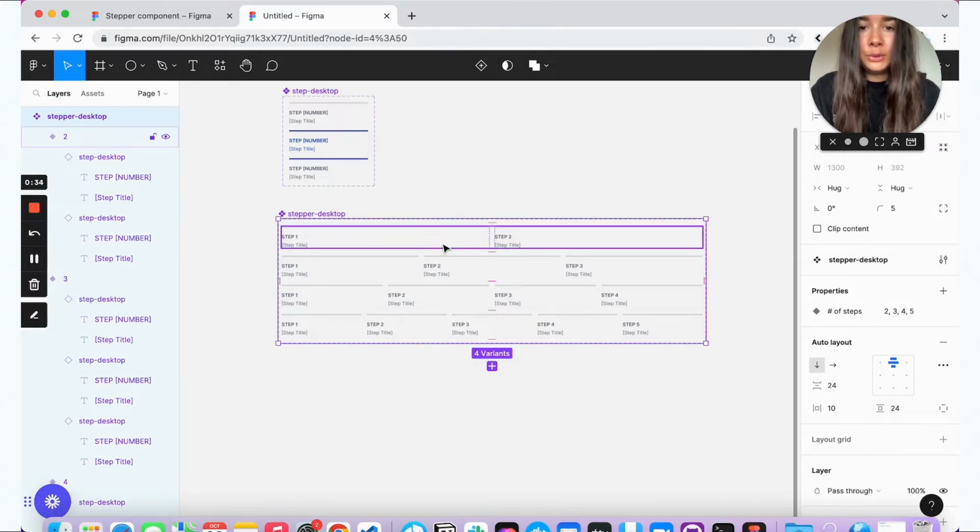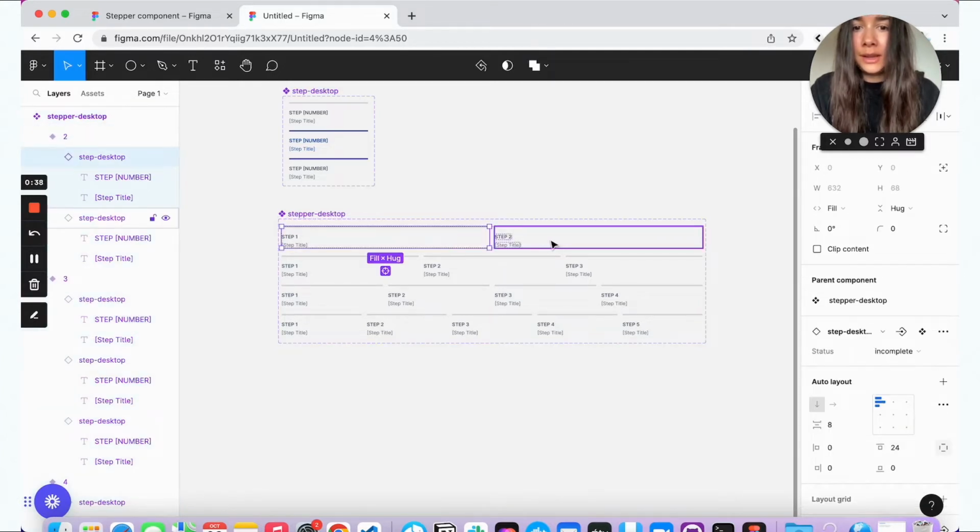But before we do that, what we're going to do is rename the steps inside the variants to have their own unique names, like step 1, step 2. It will then make it easier to work with the nested instances. And maybe that's something that we should have done before creating all the variants.